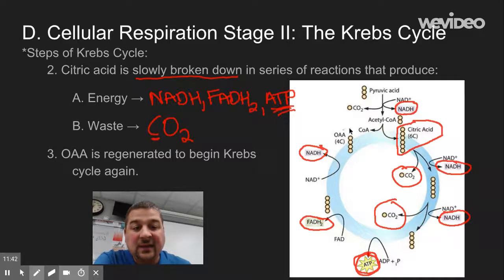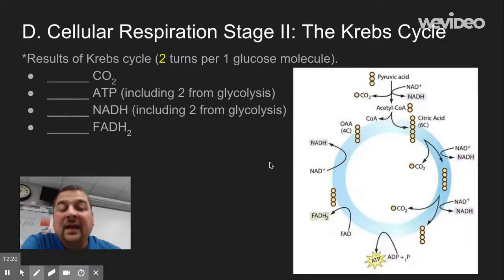Notice what we end up with here at the end of the cycle is our OAA, or oxaloacetate. We have our 4-carbon substance, so it can combine with another acetyl-CoA, and this thing can just be spinning constantly, breaking off CO2 and capturing electrons, making NADH, FADH2, and also some energy in the form of ATP. If we look at our